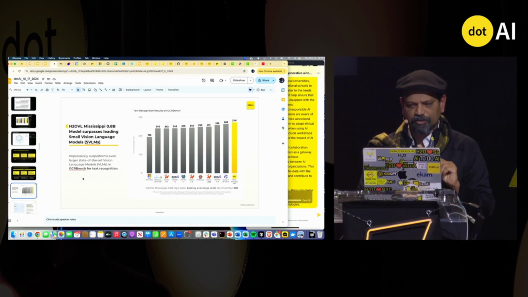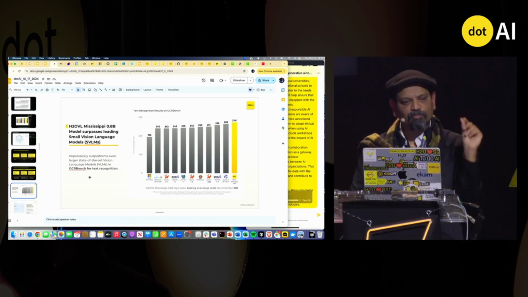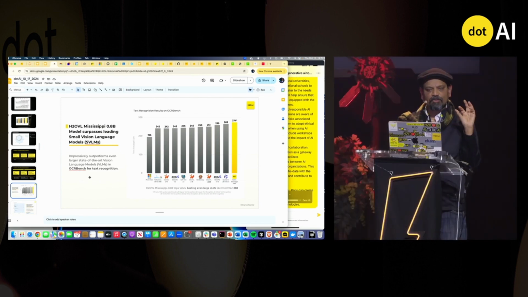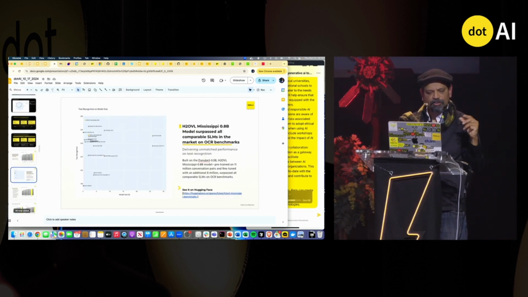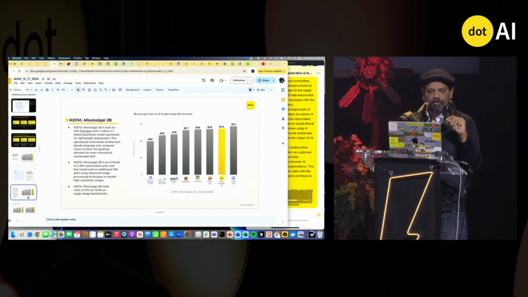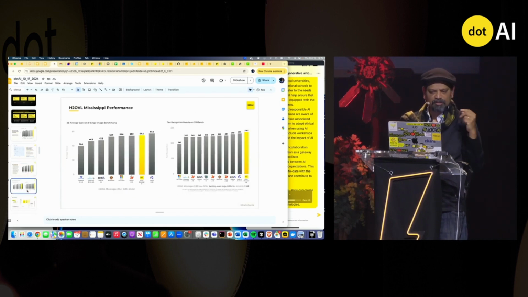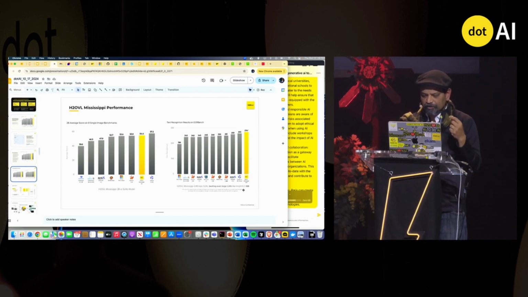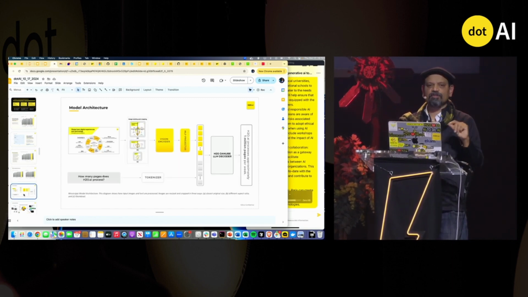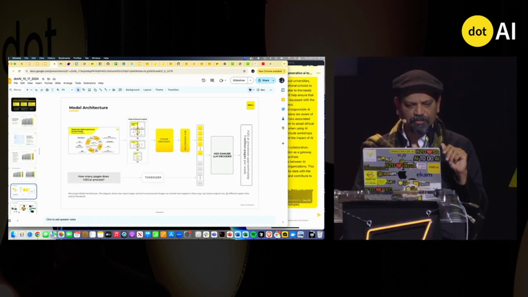Here are some of the characteristics of this model. It is obviously one of the world's best in its class for text recognition on OCRBench. And I think it's slowly beginning to surpass many of its class models, and it's also batting somewhat above its class in some of the classic bigger benchmarks. In some cases, InternVL 26 billion is behind the H2OVL Mississippi. You're going to see that release almost in a few hours, and this is probably an early preview of that.